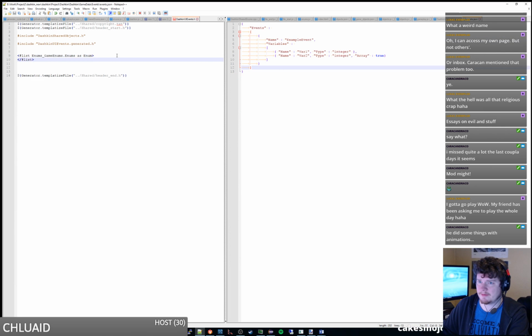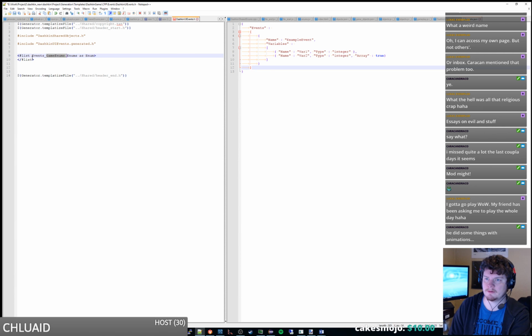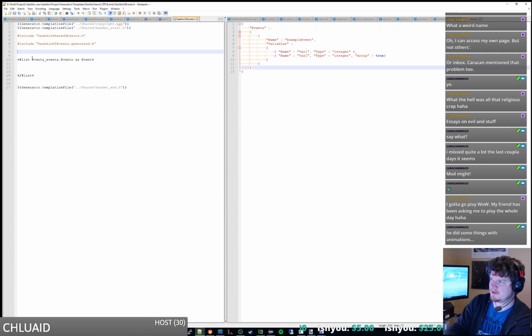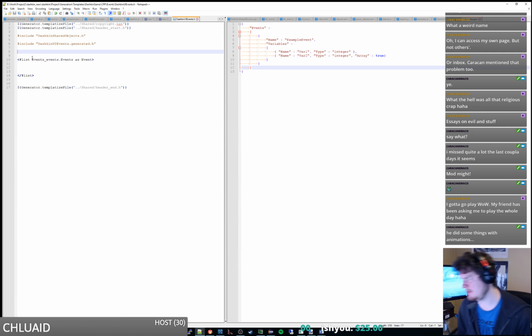So this is inside of events underscore events dot events as event. Okay, and what we're going to do here is we want a U object which contains all of the bindings for this, which have functions that you call to signal the event. And then